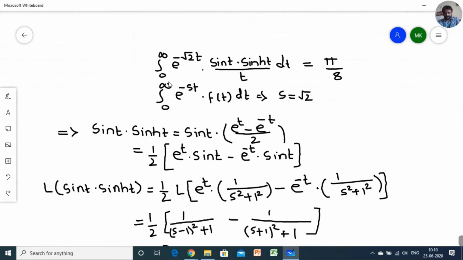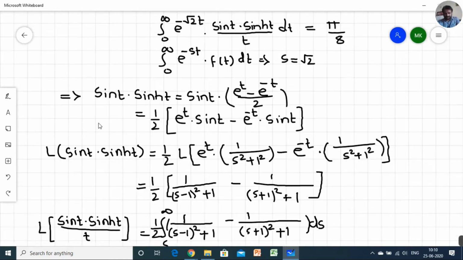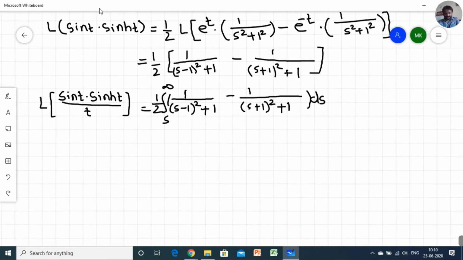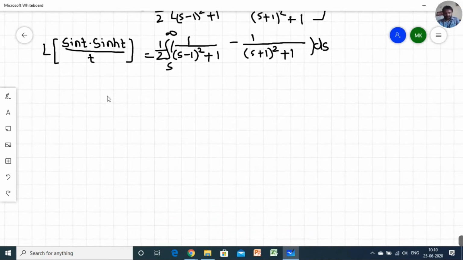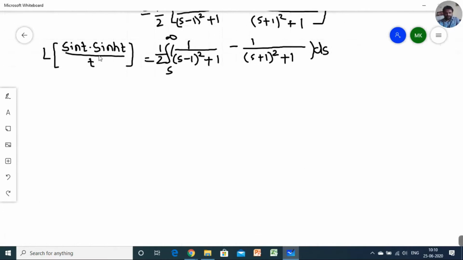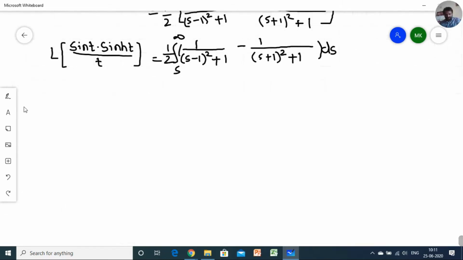That's why I compared with the definitions, because if s to infinity were given, then the comparison would not work, you cannot do the comparison with the definitions. So by the division by t theorem, sin t into sin hyperbolic t divided by t, 1 by 2 as it is outside, and the integral is from s to infinity, we applied the function f of s into ds here. Now the next part, so the next part becomes, that is equal to